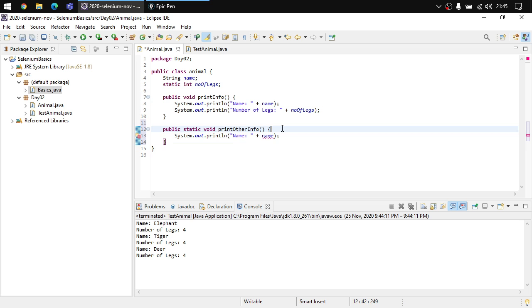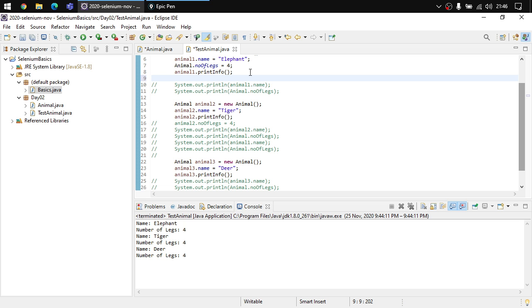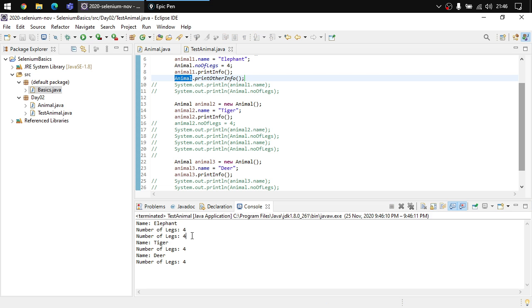It will not cause any trouble here. Control Z, what did I do? Here, you can see that there is no problem. But the moment I try to access name, it will cause me trouble, right? Now I can access this by saying animal dot print other info. This is a static function, so this needs to be accessed directly in a static way, and you can see that number of legs equals